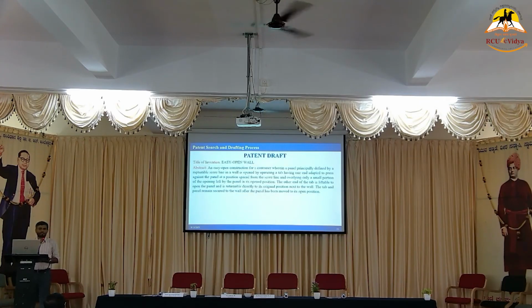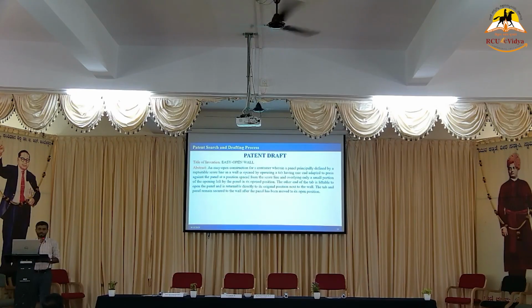So coming to the patent draft, I want everyone to read on your own so that you try to understand. If I read, you won't read it and you won't understand, because these are very important. See, title of invention. You saw in the journal how we usually do. Not only you, we also put many things, 3-4 sentences or 3-4 lines. Easy open wall. See, it is a generic title. Nowhere is it written that it is related to Coca-Cola or Pepsi. A generic, easy open wall. That's it. It should be the same.